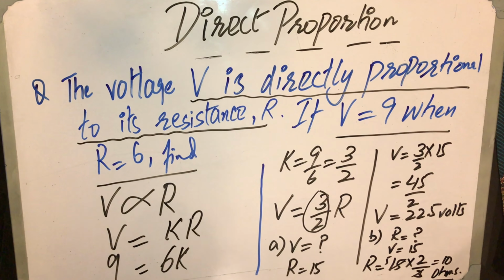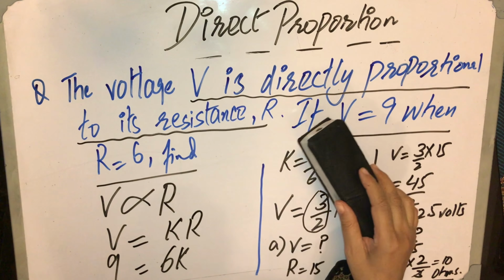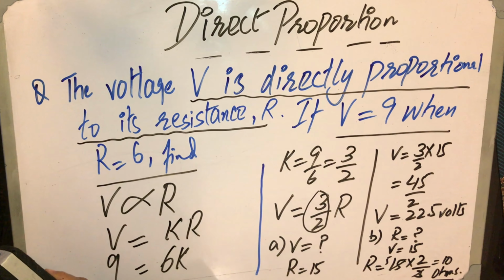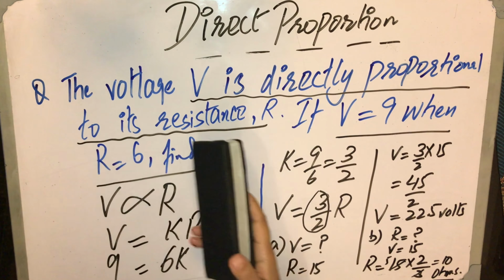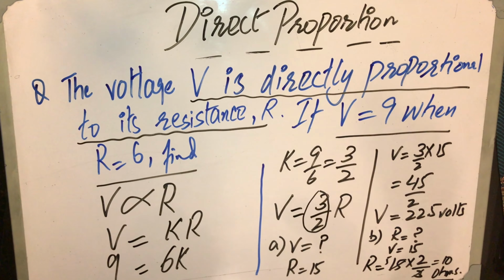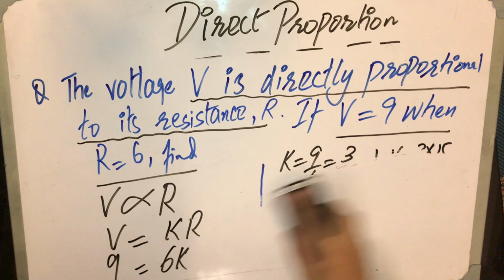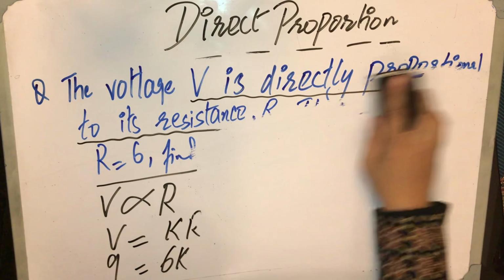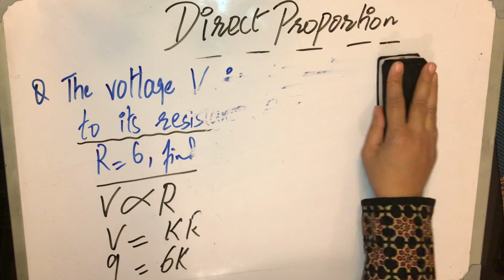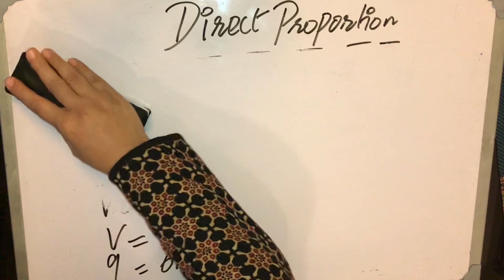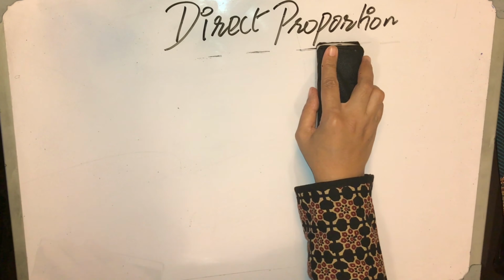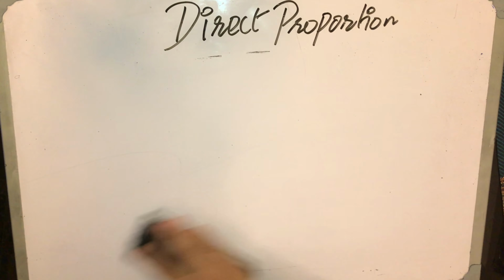So basically in any question, we are not going into the details of the question. We are just going to look at a few things. First of all, which one is written first will be written before the proportional sign, and which is written after 'to' will be after the proportional sign. Then we shall change the proportionality into equality and use the constant of proportionality, and we will find the value of the constant of proportion k, and after that we shall put that k in the original equation and we can find one of the variables when the other is given. This is all about direct proportion using the k method.